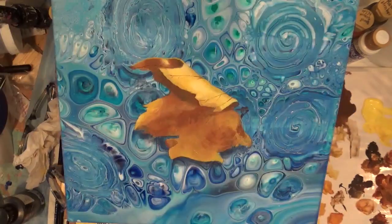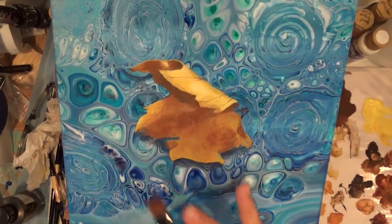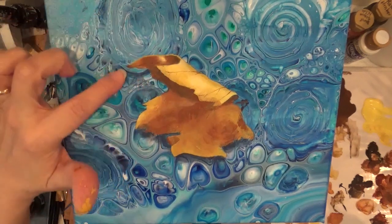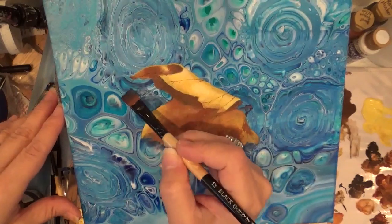Okay, I like to put the cast shadow before I finish with the leaf, because then if it goes over the leaf, I can fix the leaf. I'm gonna go one last time with this deep midnight blue, and make sure this area is also casting a shadow in here, but it is not